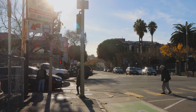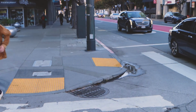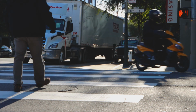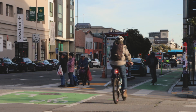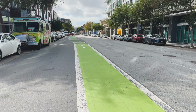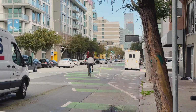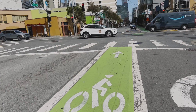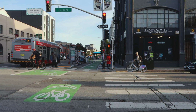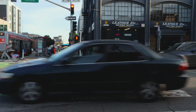Pedestrian challenges include high vehicle volumes and speeds, pedestrians not feeling seen by drivers when crossing the street, long distances to cross the street and walk from block to block. Bicyclist challenges include the bike lane is narrow for current and future bicyclists, there isn't full protection for bicyclists next to moving vehicles, and there isn't a way to prevent vehicles from parking in the bike lane. Also, the current design has vehicles turning right at the traffic light while bicyclists are proceeding straight, creating potential unsafe